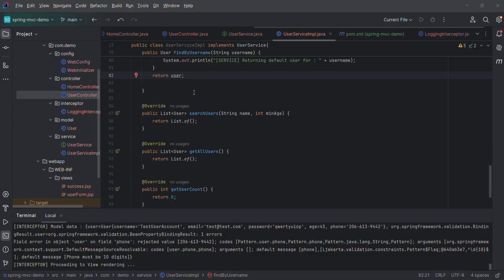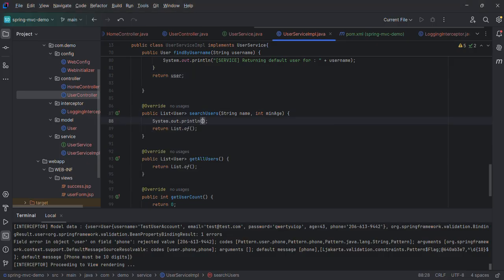Let's continue our Spring MVC demo project where we left in the last session. We have to implement the search user. So let's do this search user. We are going to message the end user. We'll print a console println statement saying that searching